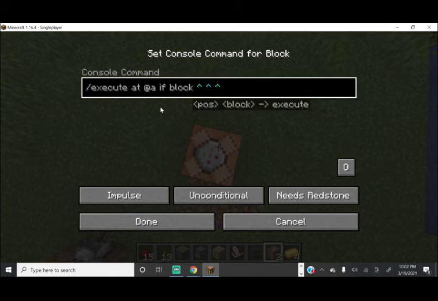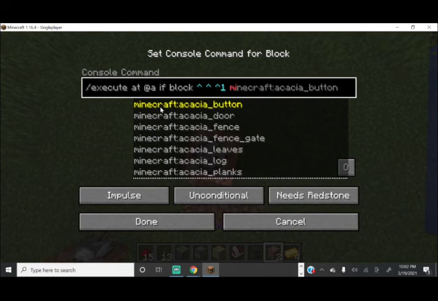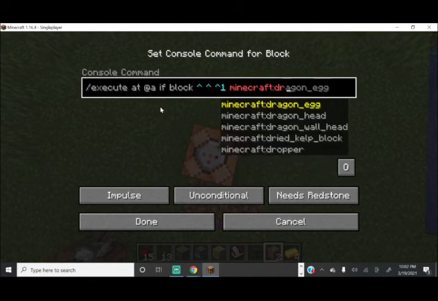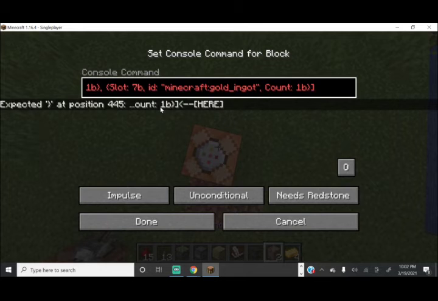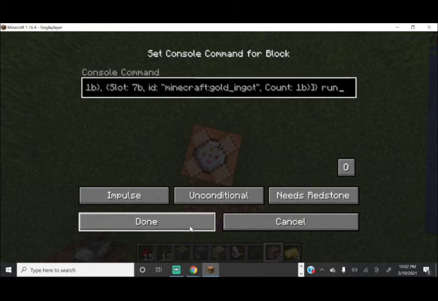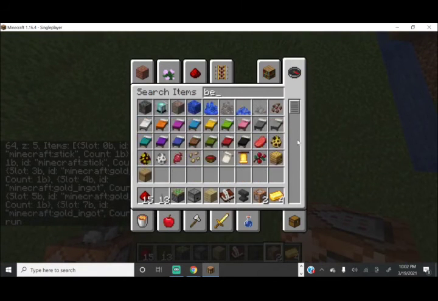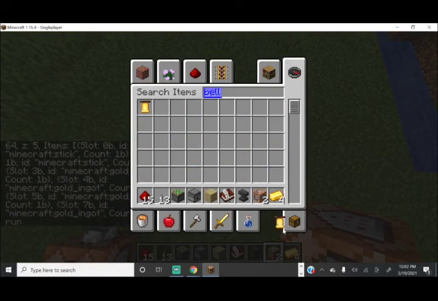if block that they're facing towards Minecraft dropper, and I'll of course put a parentheses, run. Now obviously we need a run command for this because, well, what do we want it to craft? Well,